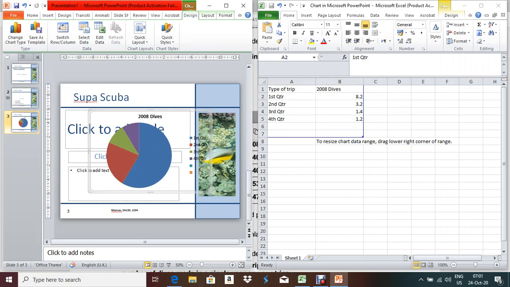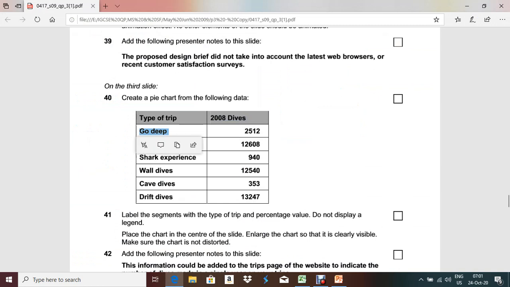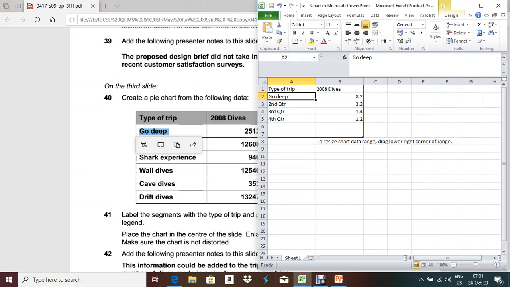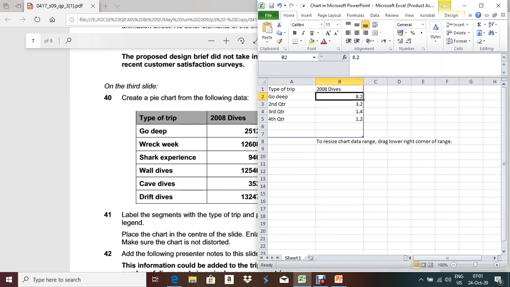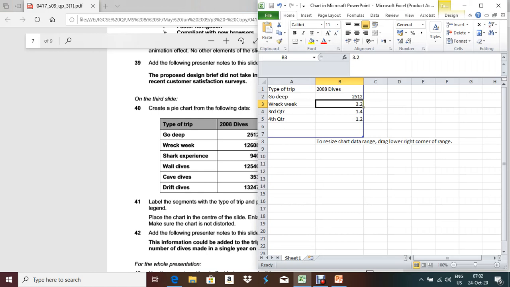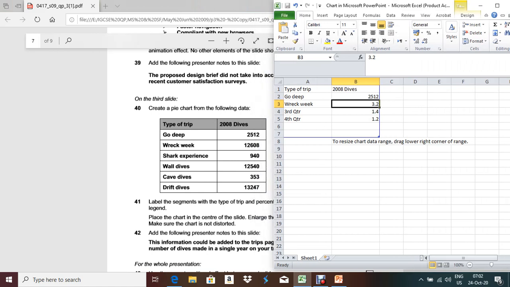Now here go deep, and this one will be 2512. Next one, Wick. This one will be 12608.